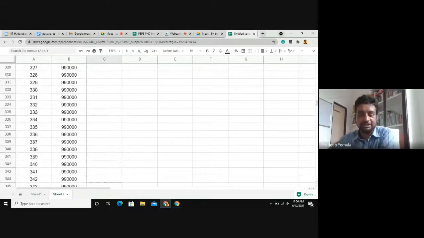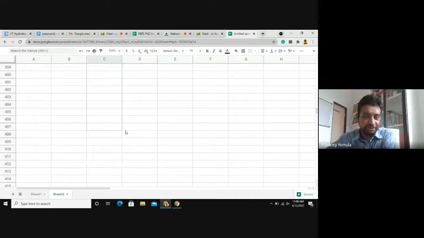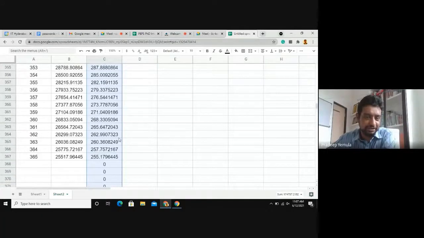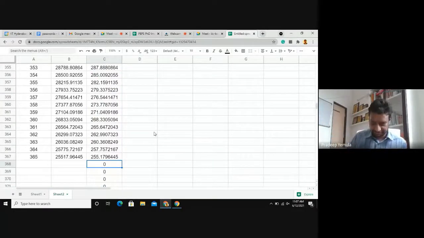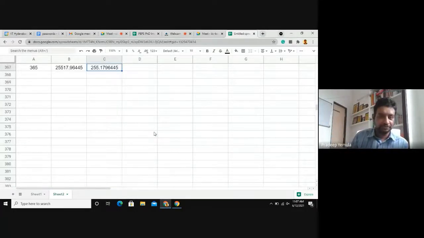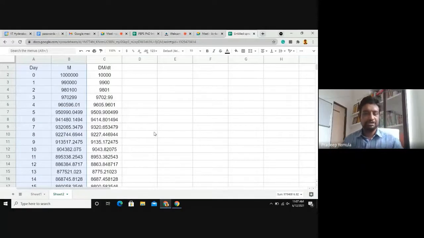So that is the thing I want to demonstrate here, that you can use Excel in solving this kind of equation. So let me insert a chart now.